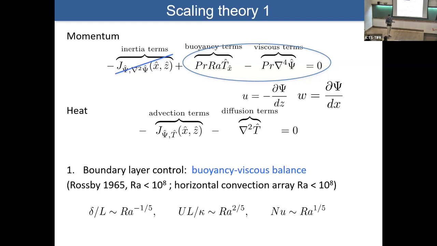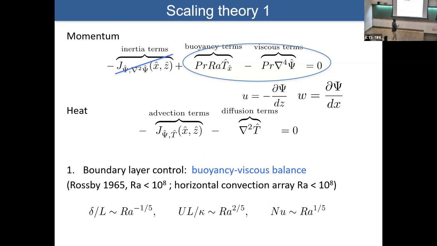Scalings are very important. If the system is driven by one single scalar, we have only two equations, right? Momentum equation and scalar equation, and we're looking for a steady state solution. For the momentum equation, we can think in a two-dimensional fashion, so we can create a stream function equation, correct? In the stream function equation, there are always three terms: one is the inertia term, another is the buoyancy term, another is the viscous term, right?